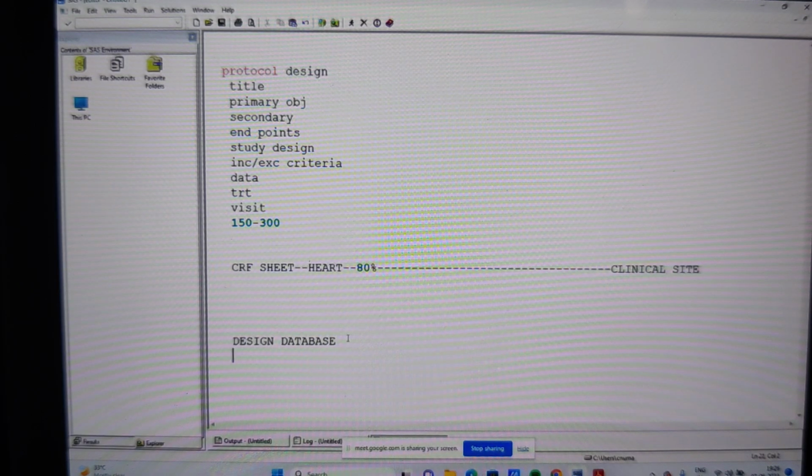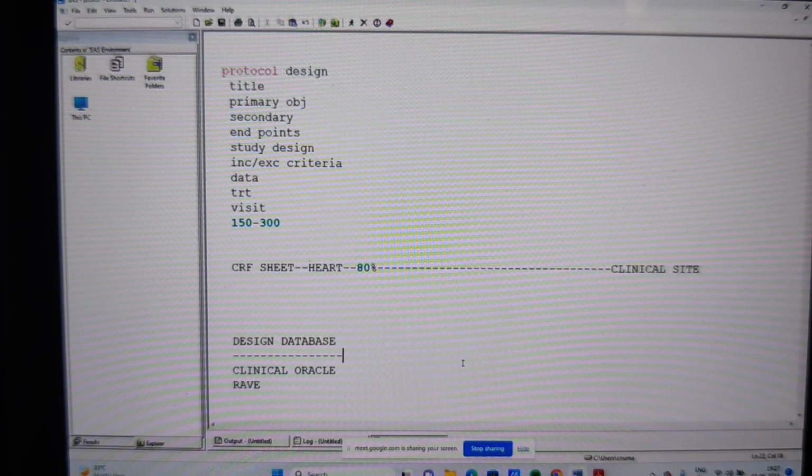Previously, we used to use a database called Clinical Oracle a lot, but nowadays we are using Medidata Rave. This is also a very flexible database. Do we have anybody in our class from CDM? Anybody who works in CDM? Okay. So we are going to choose any one database. All these databases are paid databases, so they are going to design a customized database based on our requirement. It costs a lot of money.